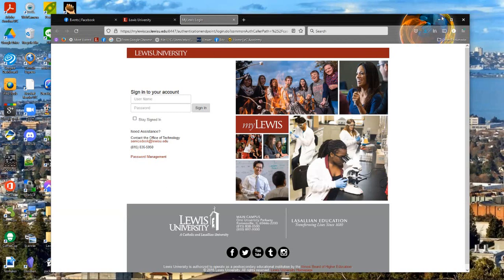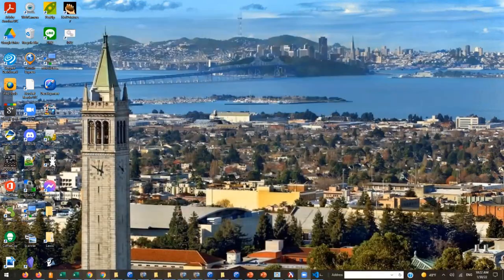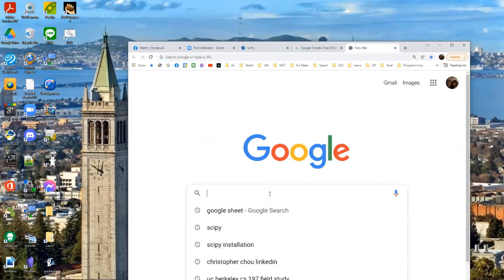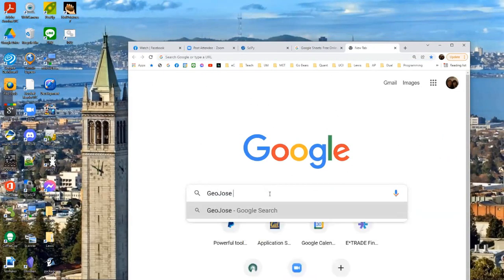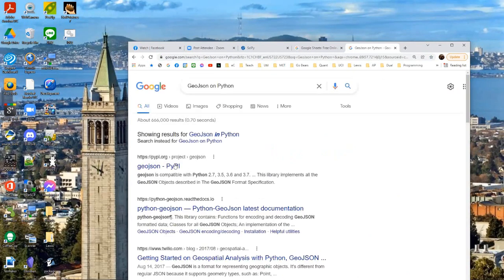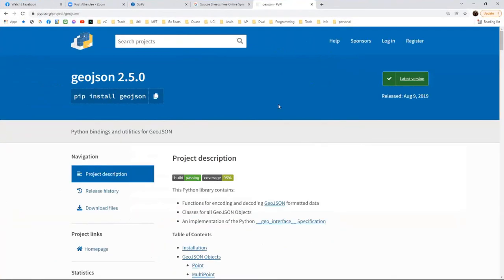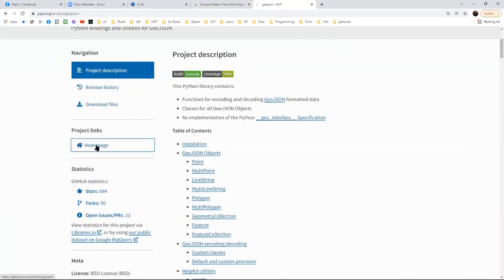With GeoPython, you have to find out, okay? Whatever Python package you may want, say GeoJSON on Python, you will have the pip install. It will show you pip install geojson, something like that. Yeah, you can copy and install. But sometimes you download it, but the tool may not be perfect. You have to study. You know what I'm saying?